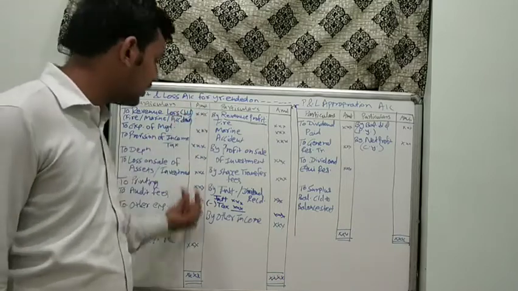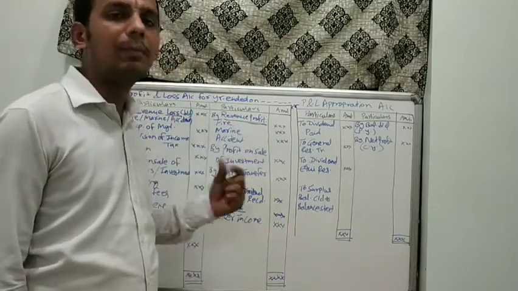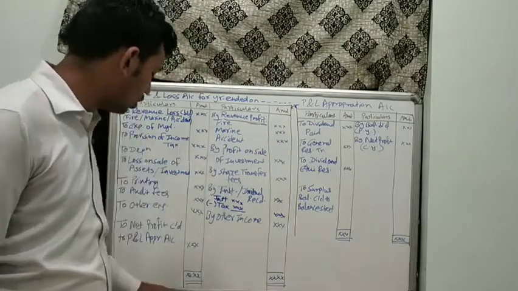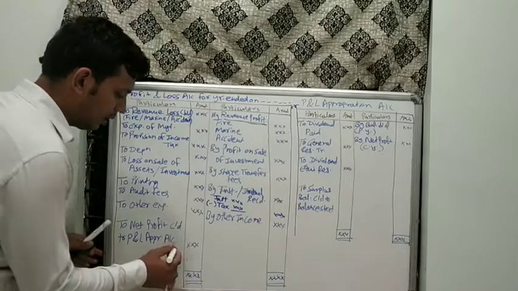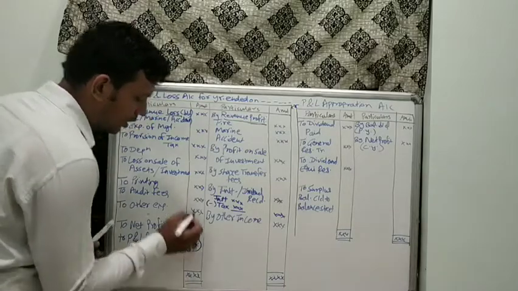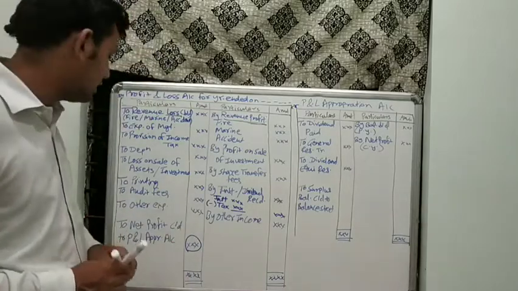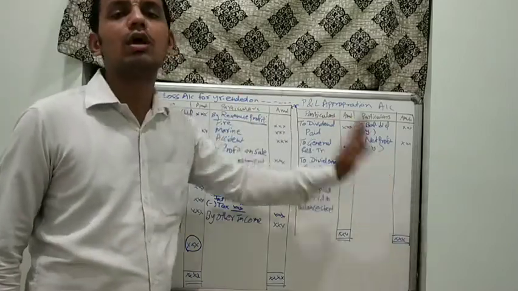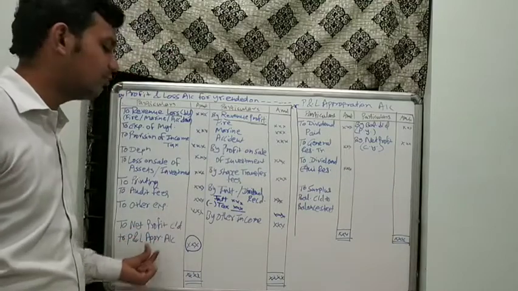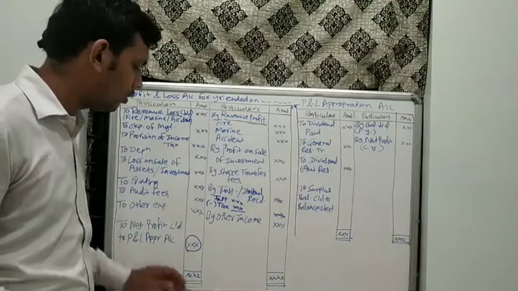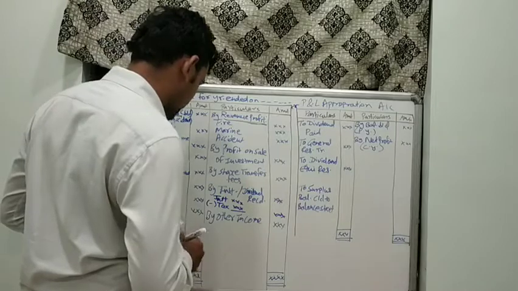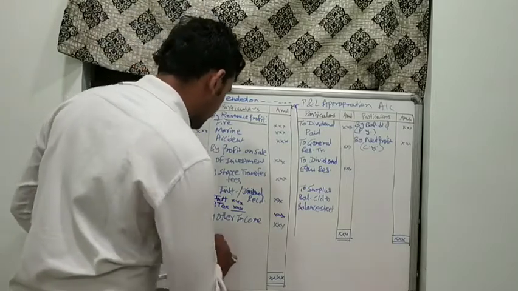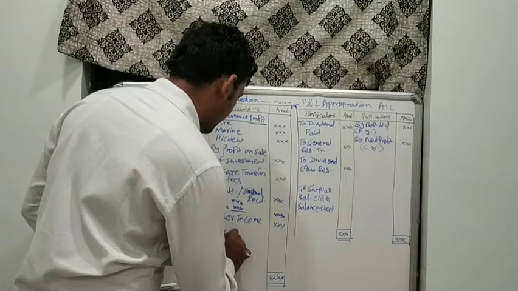Once all these entries have been passed, if the total of credit is more than the total of debit, then we are able to derive our profit, that is net profit, which is to be carried down to the appropriation account of the company. If the total of debit is more than the total of credit, in that situation we would get a net loss.